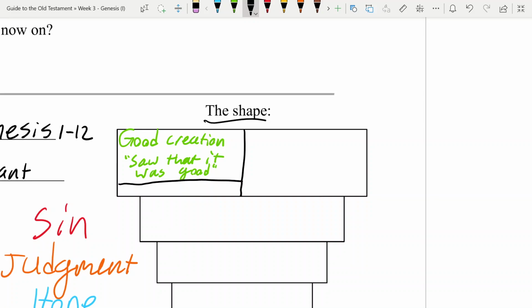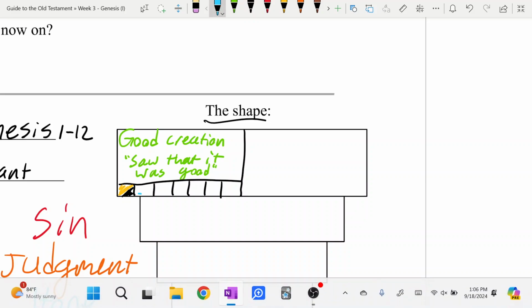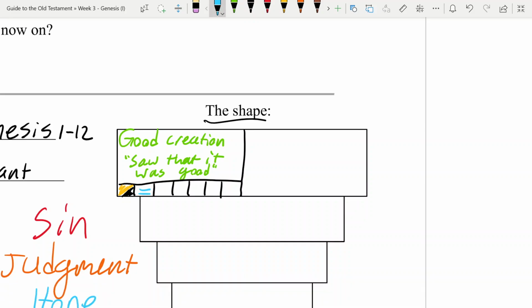And of course, Genesis 1 is famously divided up into 6 days. Or 7 if you count the day of rest. So, day 1 we separate the light from the dark. Day 2 we separate the waters from the waters. I won't draw them all out because I can't draw them all. But the last day then is a day of rest where God dwells in and fills up his creation with his presence, and it's all very good.